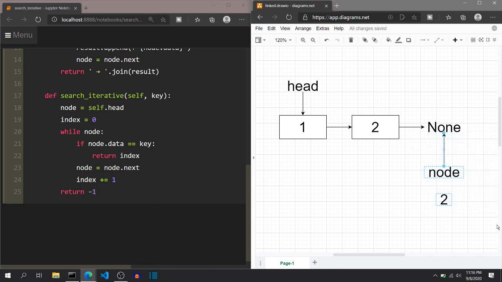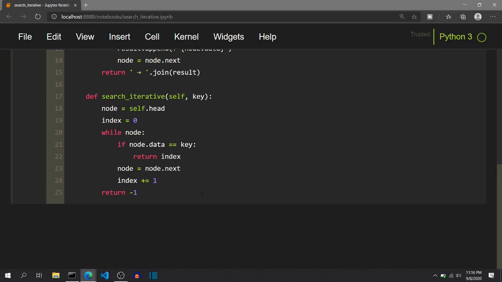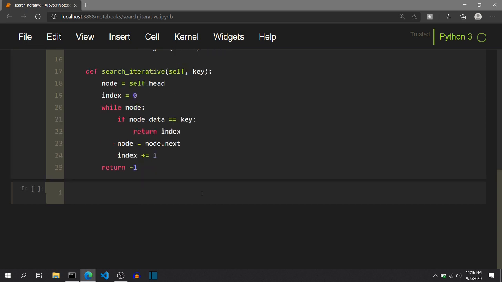So as you can see, all the boundary cases as well as non-boundary cases are covered by our code. So as we are sure that our code works for all the cases, we can execute this code and write actual code to test this. So I will create a linked list object by calling the constructor of the linked list class. We need to pass an array of elements inside the constructor. Again, I will use the same example, that is 1 and 2.